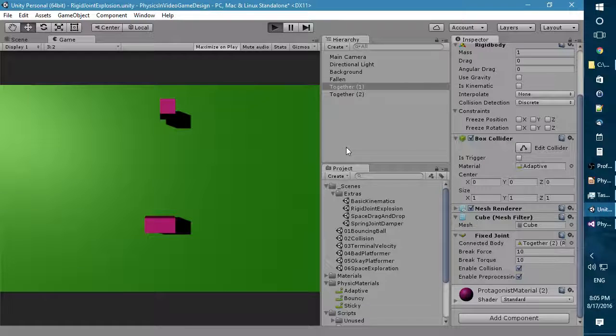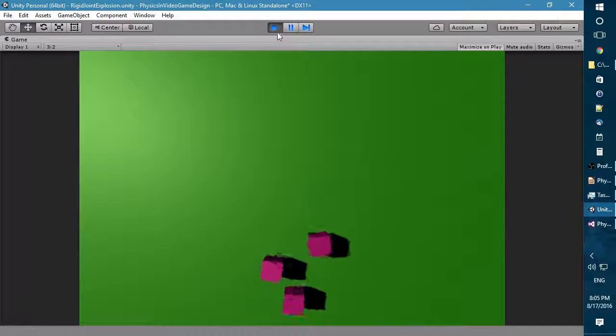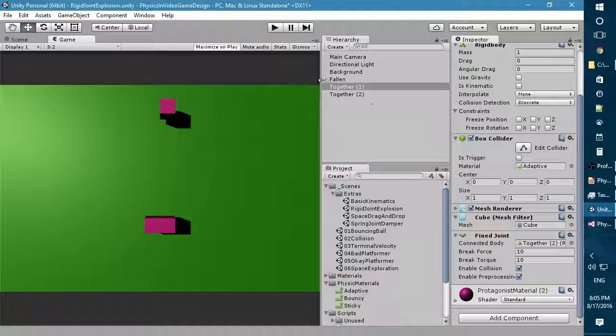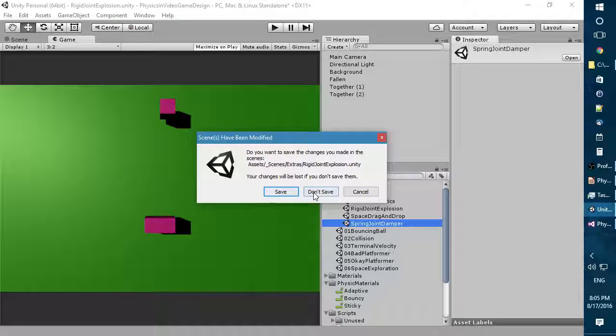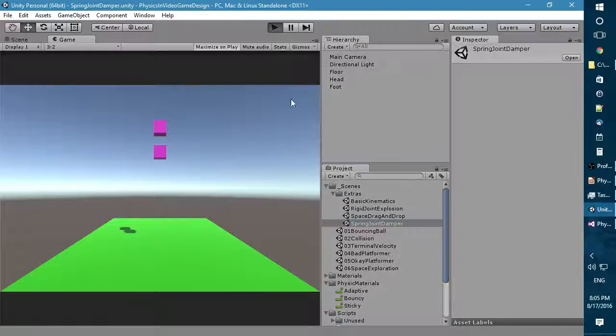Yeah. So they're breaking through. They're breaking. It doesn't really matter. And another thing you can do, if you want your character to be a bit more realistic,